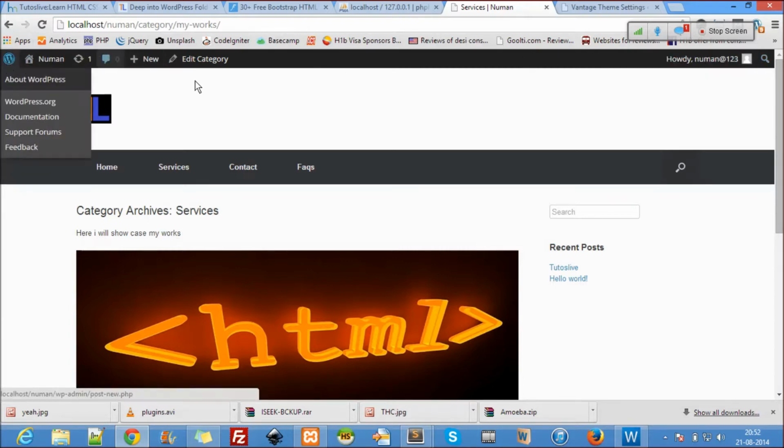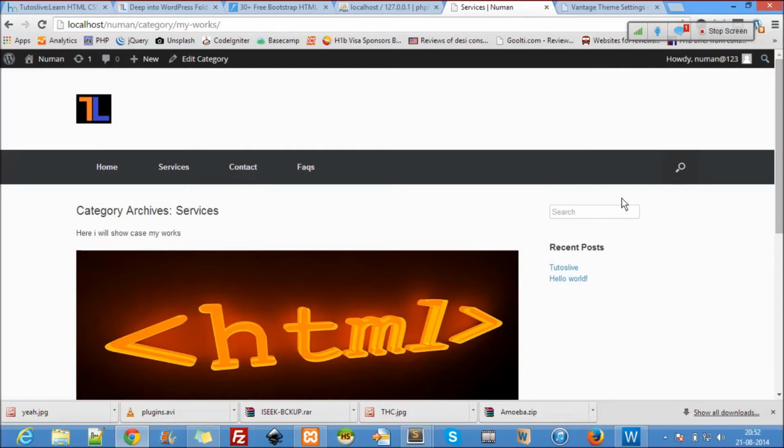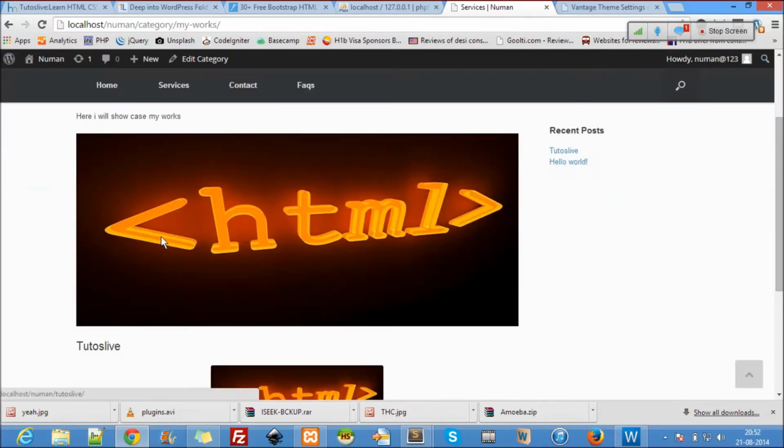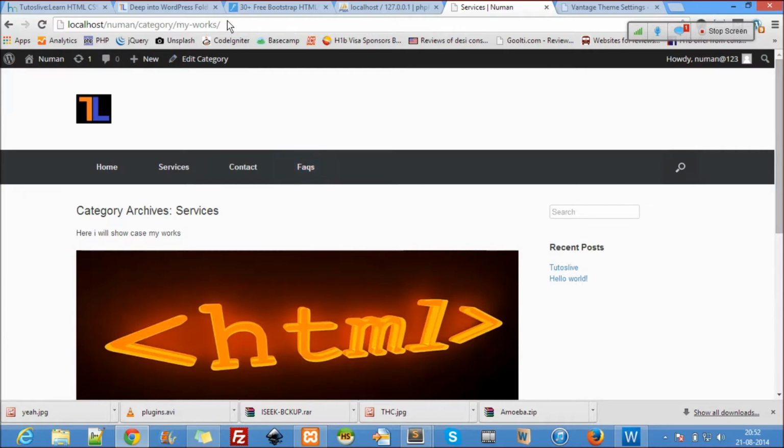Disable this thing. I don't want this. A user should not look at this. They have to only look at this part but not this. How do I really change that part?